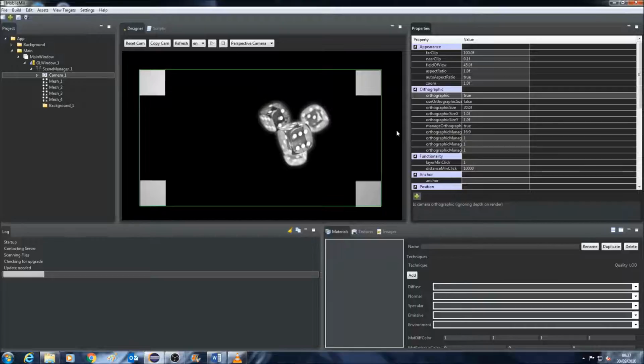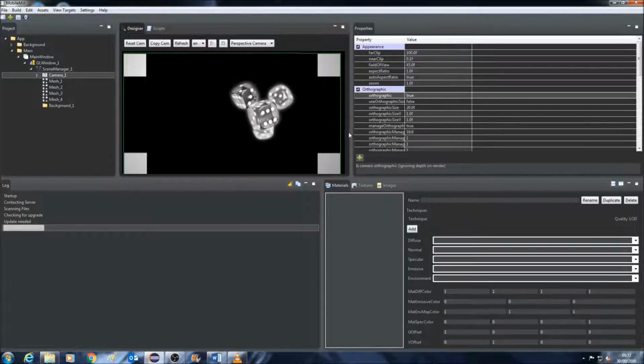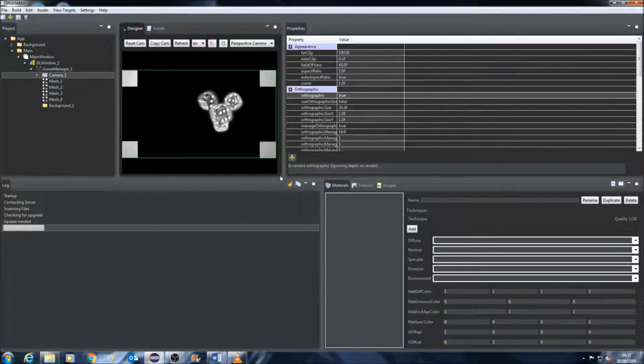As you can see, there is a green box around the objects of my project. This represents the managed orthographic perspective ratio and is related to the aspect ratio you have set. This helps with scaling to different screen sizes, as you can see when I adjust the size of the designer